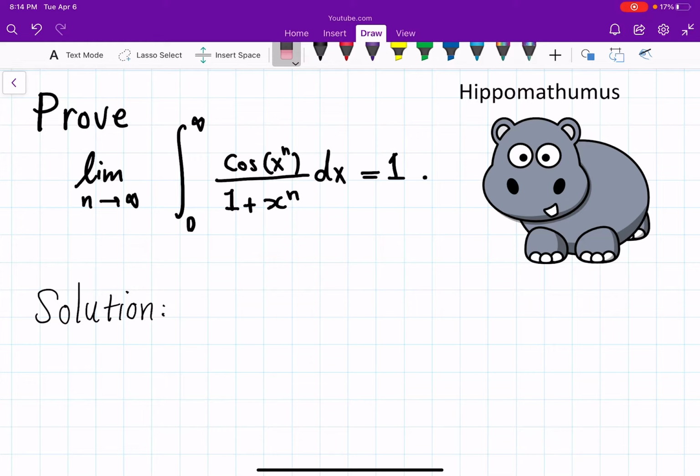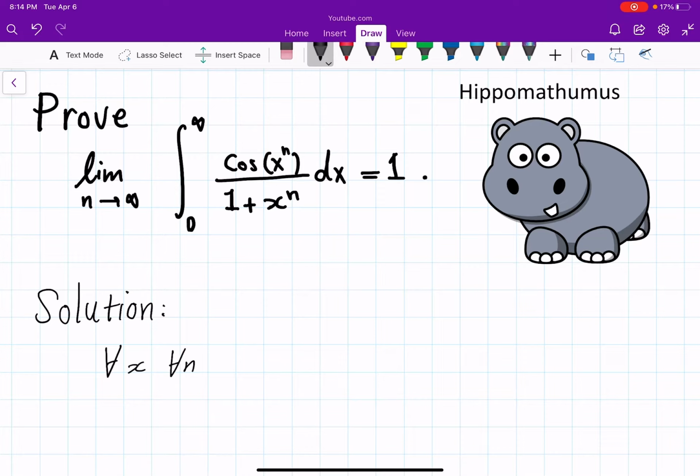So number one, it is the fact that it has no singularities. The singularity is actually in the bounds of the integral, which is from 0 to infinity. Indeed, for every x, for every